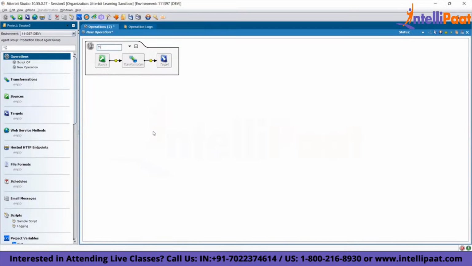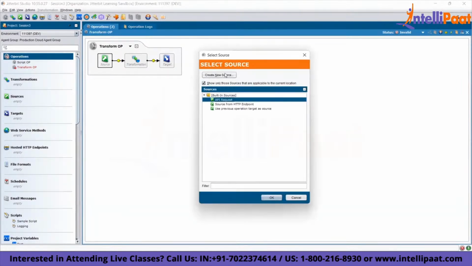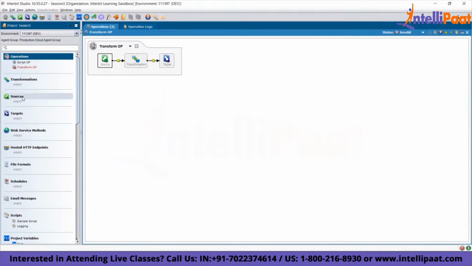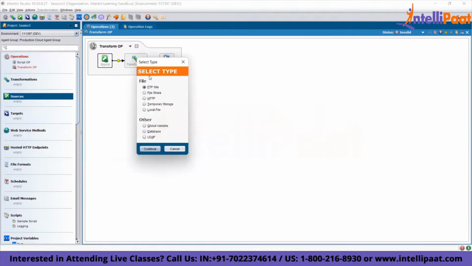So here call it a transform OP, right? It has created a skeleton with source, target, and transformation, basically, right? So similarly to script, there are two ways we can define our source and targets as well, by double clicking it here and creating a new source, or defining it here itself. Right click it, new source. So now if you come to the source part, there are